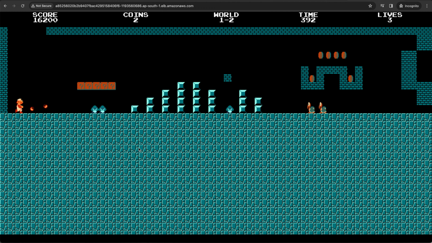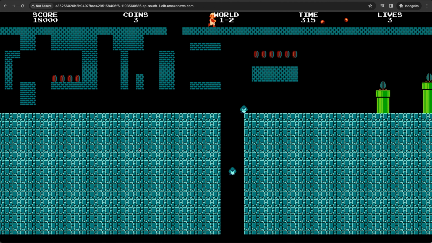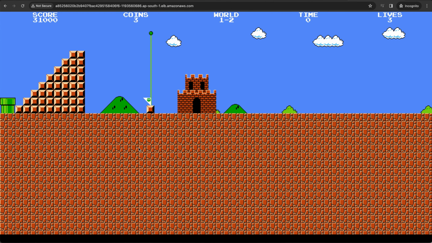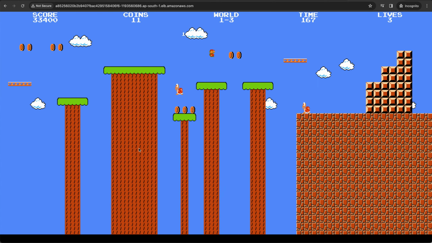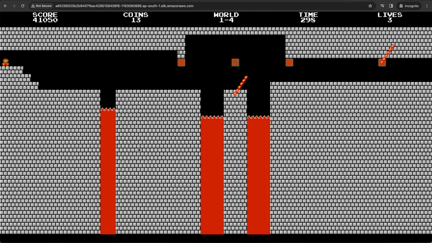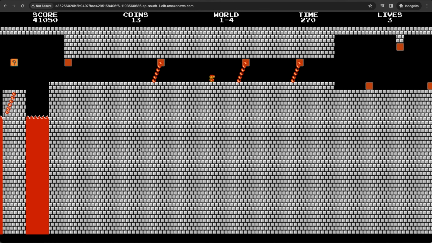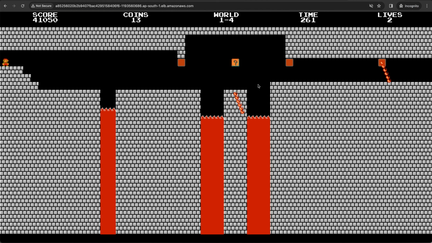This is level 2. This is level 3, I mean 1 by 3. This is level 1 by 4. So this is the output of the game, and we played almost 4 levels, so everything is working fine,